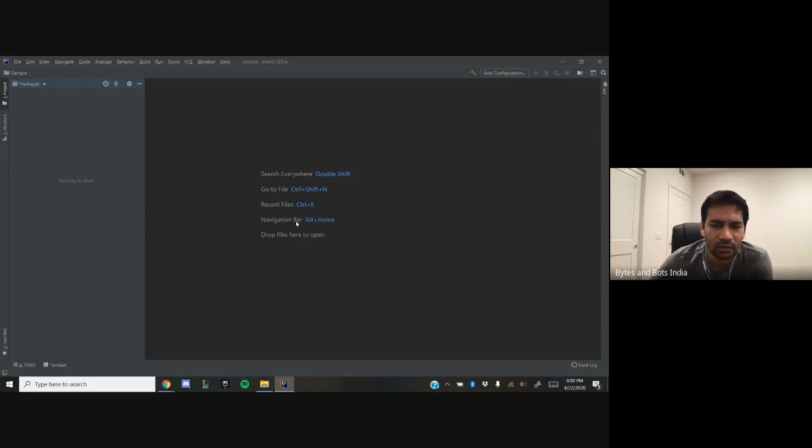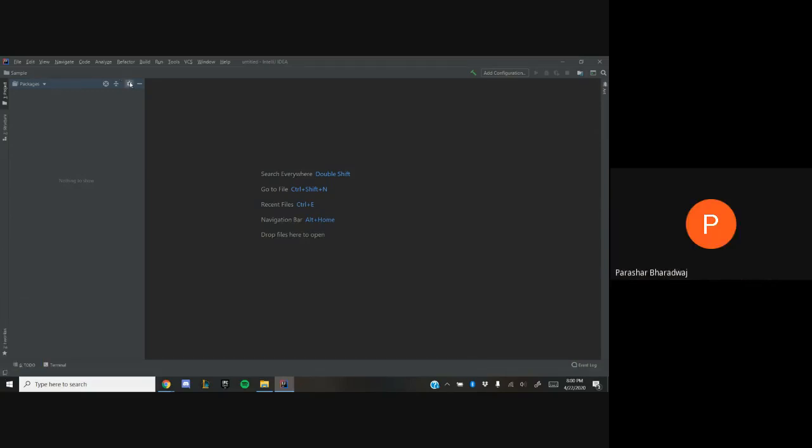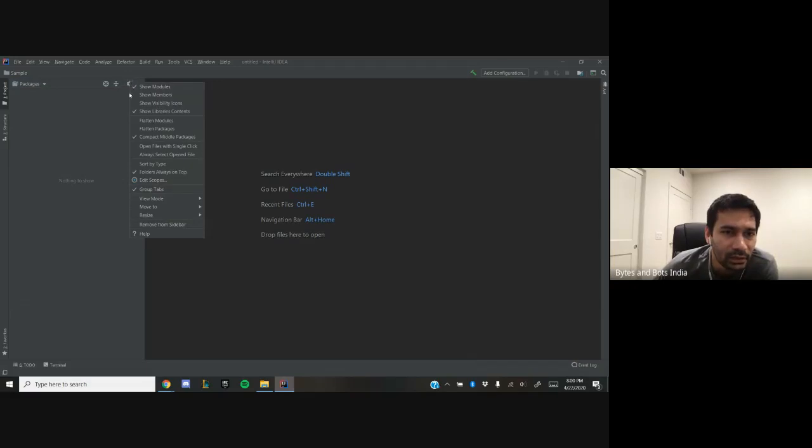Let me see your screen again. You see that settings icon, right? There's a gear icon on the left column. No, up where the project drop down is. Oh yeah, sorry. To the right.